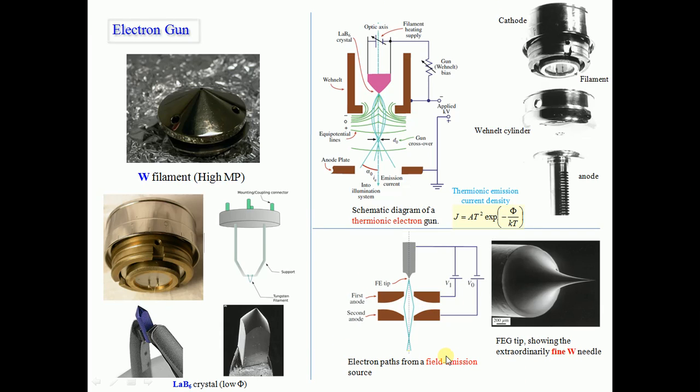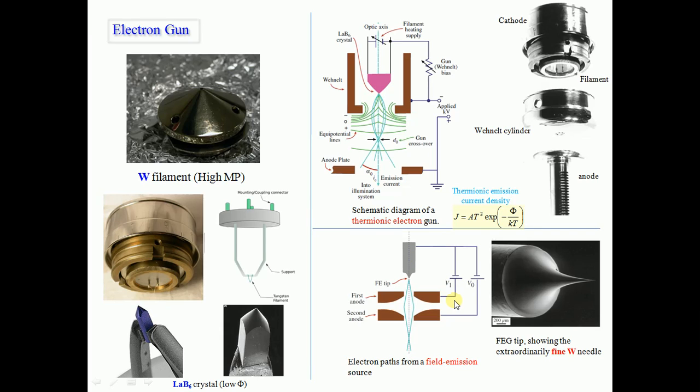Field emission is called a cold source because thermionic emission is the hot source. Thermionic emission takes place at very high temperature, of the order of 1000 K or so, which is needed for emission of the electron. So this is one of the disadvantages of the thermionic gun, and therefore field emission guns are prepared. A field emission gun requires a very fine tip, a fine tungsten needle you can see, in the case of field emission, where the field is applied between the